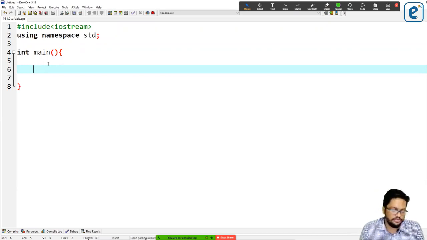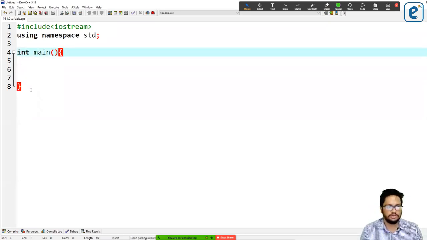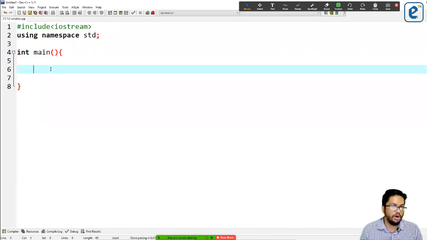We are going to write the statements inside this main function, and so this syntax is important. You have to keep a tab when you are writing this code. This is a block: a set of statements covered by a pair of curly brackets. That's called a block. I discussed this last time.